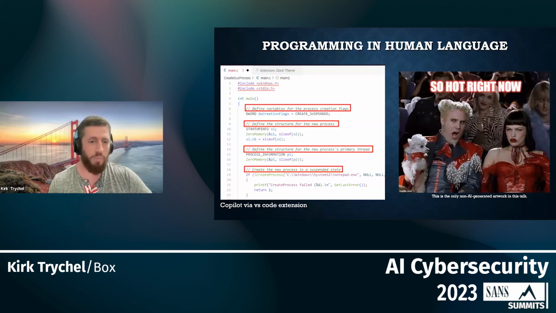And what I want to point out here is that everything that's in a red box, those are the only pieces that I contributed to this program. What I'm doing here is simply writing out comments. These are just comment lines. I'm writing out comments, and then Copilot is providing the needed code. I'm just saying what I want here: define variables, it does it. Define the structure, it sets it up, right? So the point here being, I'm just providing human language. Hey, this is what I want to do, and Copilot's providing all the code. So something pretty fascinating, not something that I could have done two years ago before I started using Copilot, right?